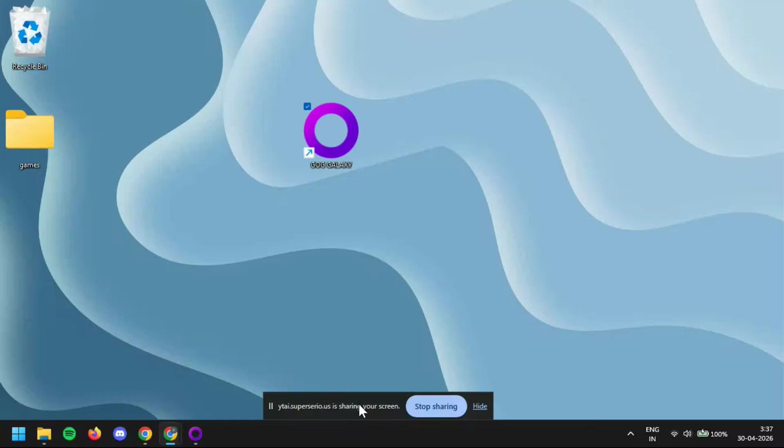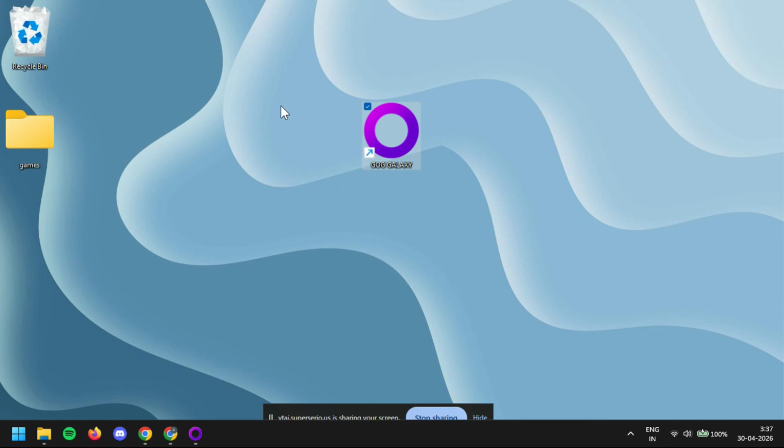If GOG Galaxy is showing error 0xc00007b when you try to open it, don't worry, this is usually caused by a problem with the Microsoft Visual C++ redistributable on your system. In this video, I'll show you the simple fix step by step so you can get